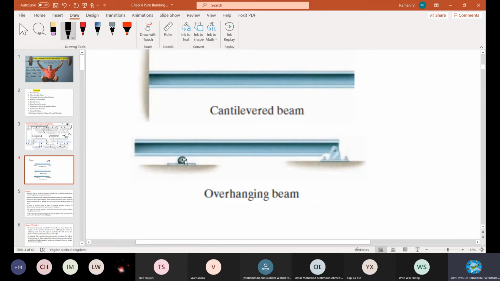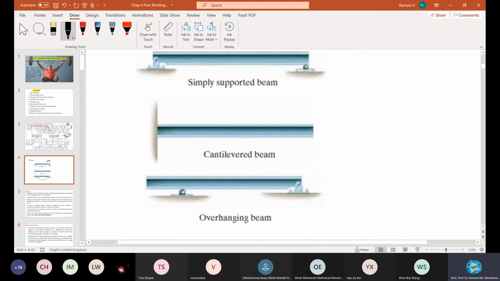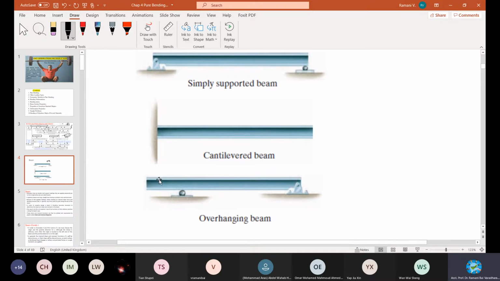Another beam is like this. Here it is simply supported, or a roller type, and a small portion is overhanging. So you should all practice these three types of questions for your assessments. These three types of beams with their different types of loading. It may be a point load, or concentrated load, or triangular load, or partially point load and partially distributed load, and so on. Let's see one by one.